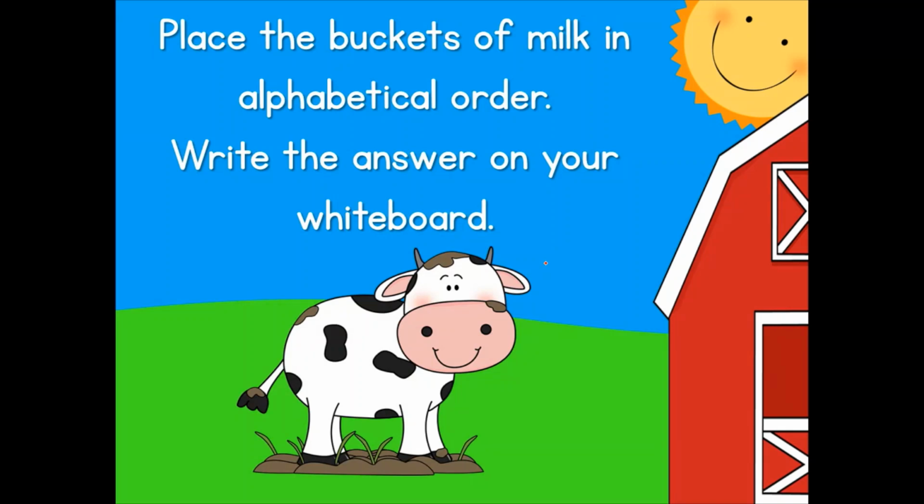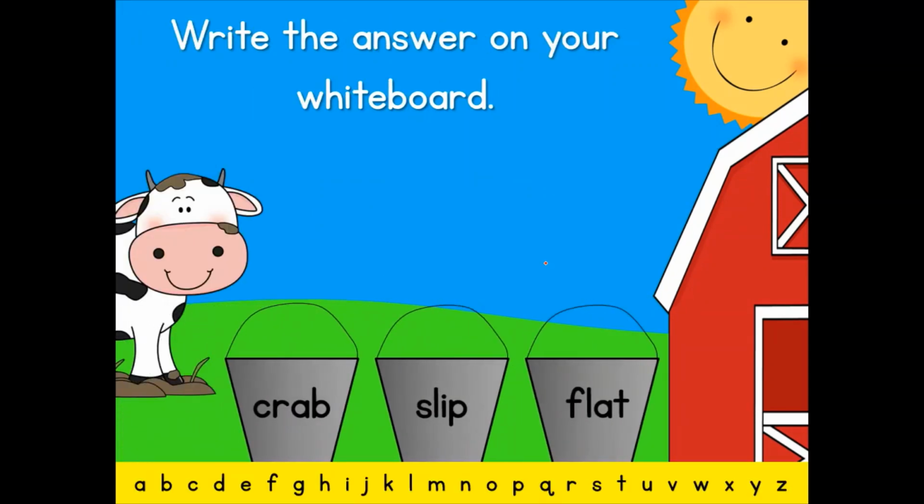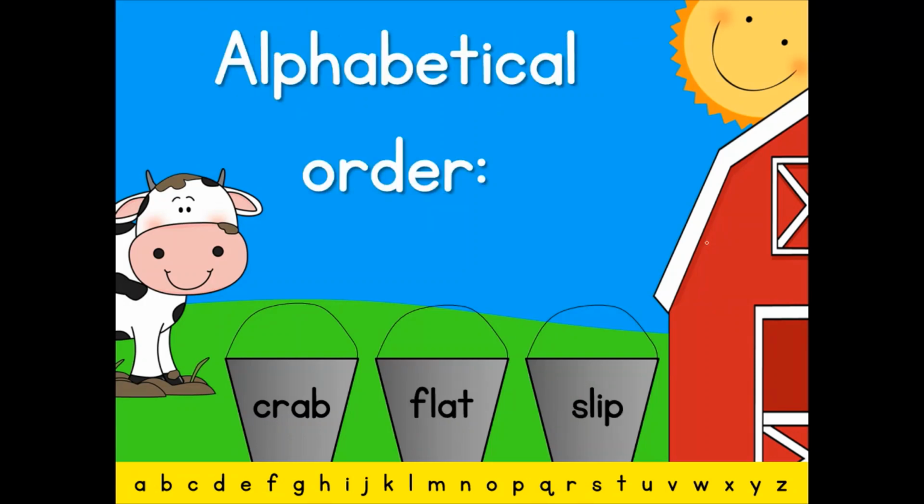Okay, we're just going to do a couple more. This says, place the buckets of milk in alphabetical order and write the answer on your whiteboard. Okay, so just like normal, we're going to underline. And you guys go ahead and pause your video and try this one yourselves. Okay, and we're just going to go ahead and show the answers because you guys should have this now. Crab,